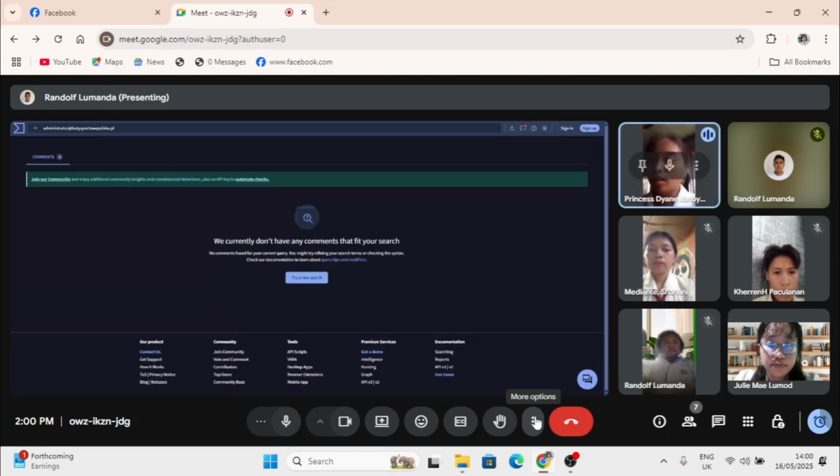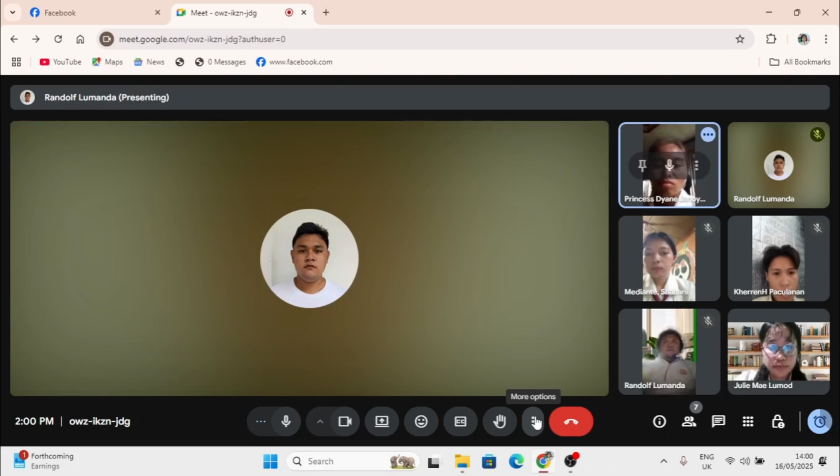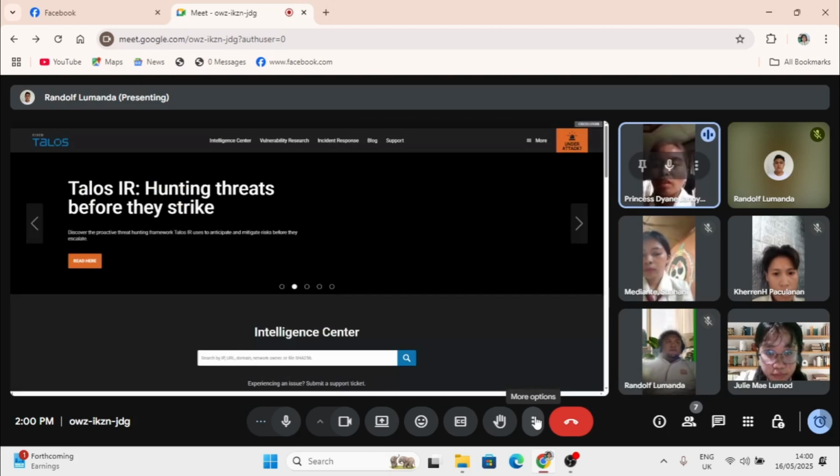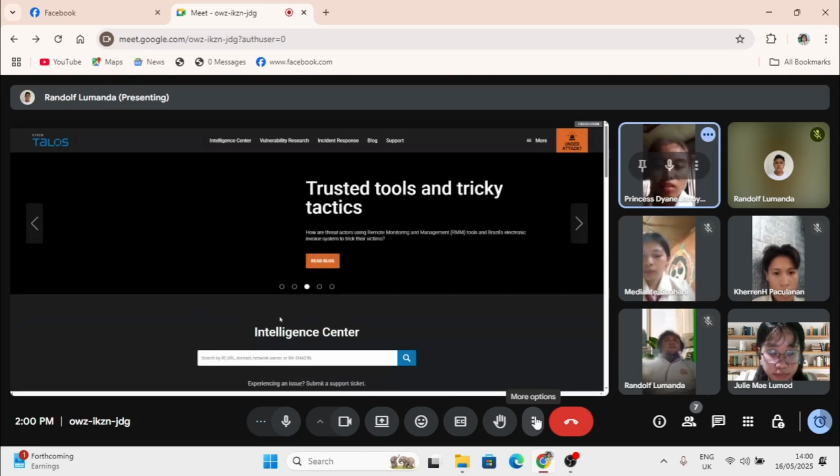Now let's check the email sender's domain using Cisco Talos Intelligence. Can you please paste the domain?